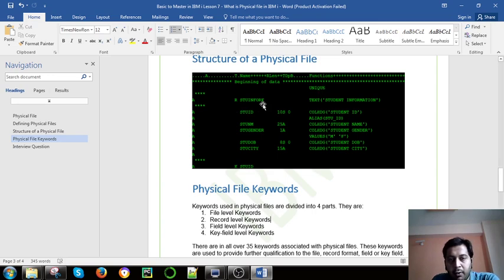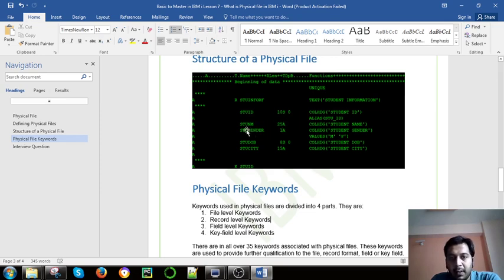R shows the record level, where we can have different keywords. This is a record format, and in this record format we have different fields. The first field is student ID, with zoned data type.